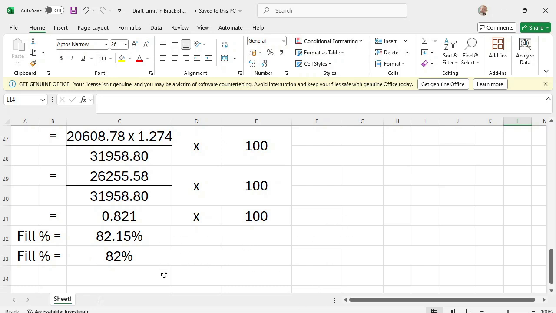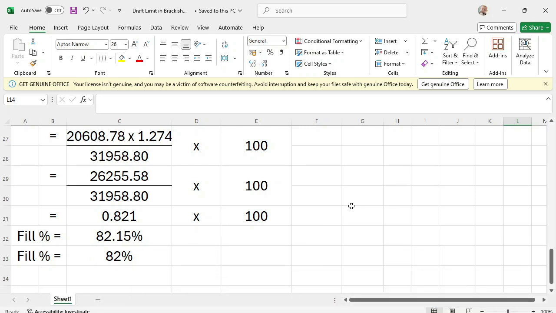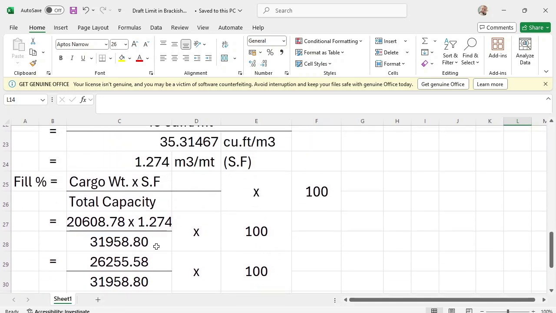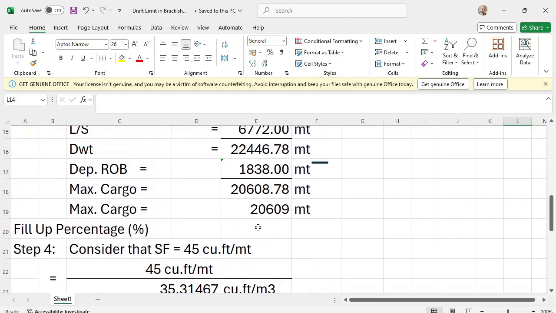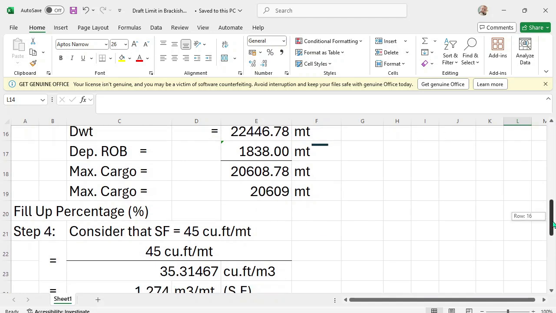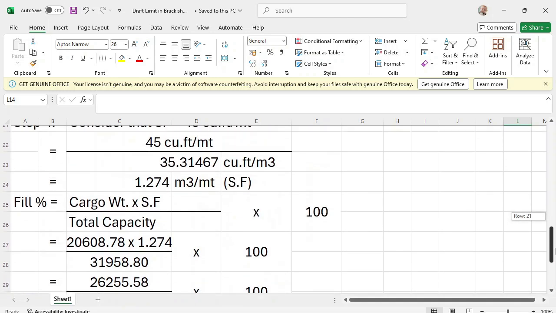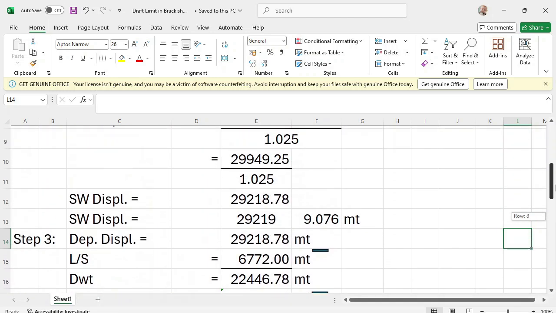So that's it, guys. Then there's one thing I want to explain. For example, our cargo is this one. We'll just run it up to 206.09. Okay. What is our departure draft in salt water? Departure draft in salt water is how much? Salt water is